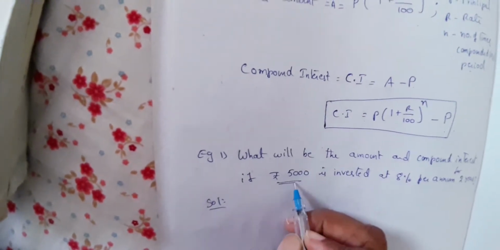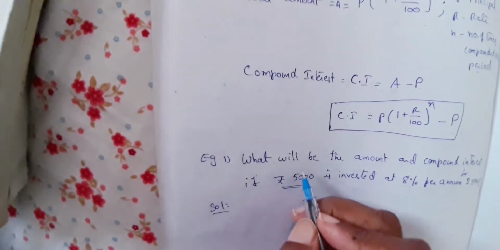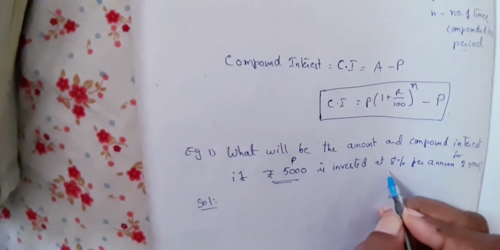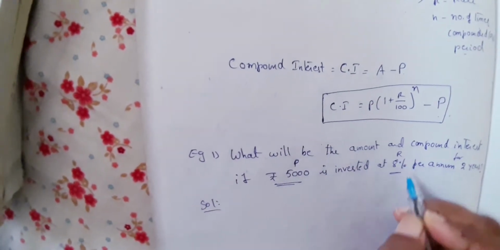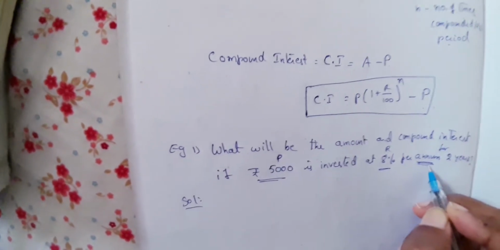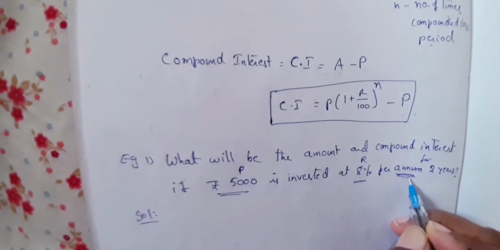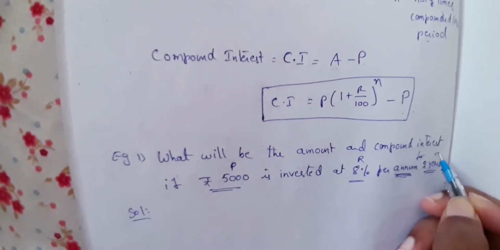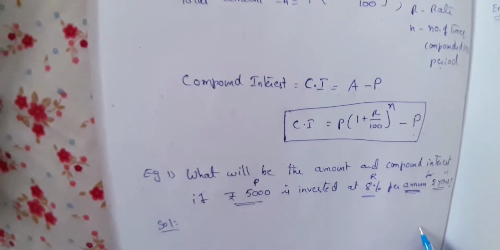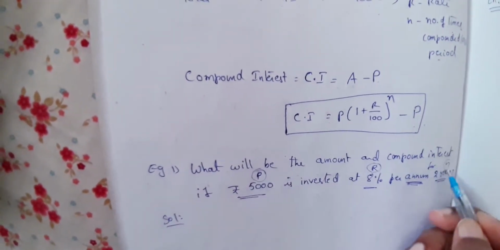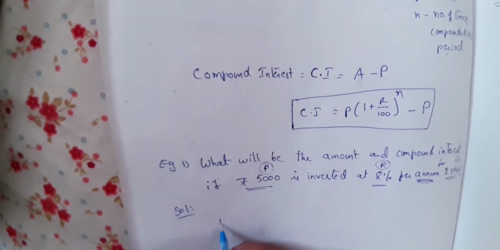So, if this much is invested, that means this is the principal. And what is the rate here? R is the rate. Per annum. So here he is giving directly per annum. So therefore there is no need for us to change the R and N values, and directly we can take them. N is 2 years. Okay, children. So now we know what principal is, what rate is, what N is. So therefore now let us write the given values.